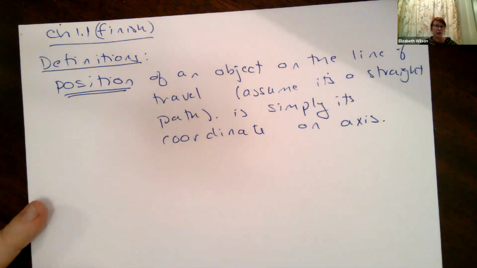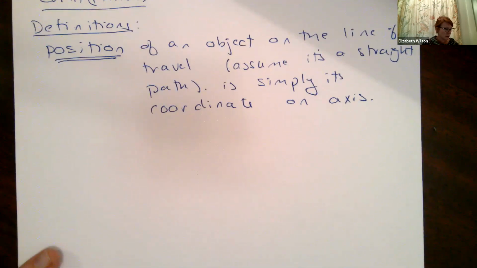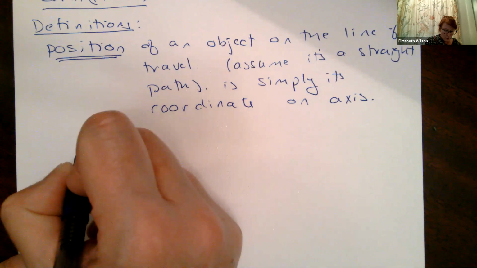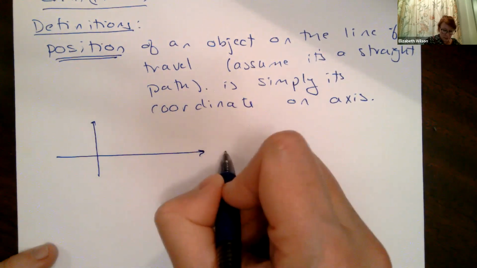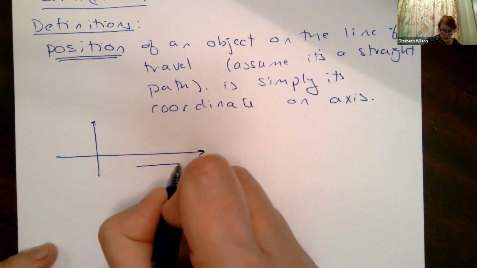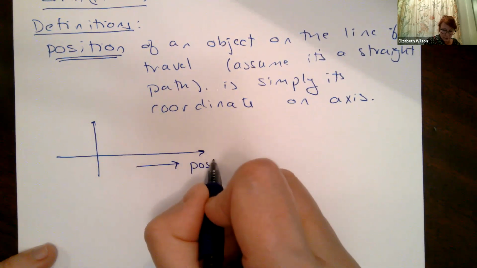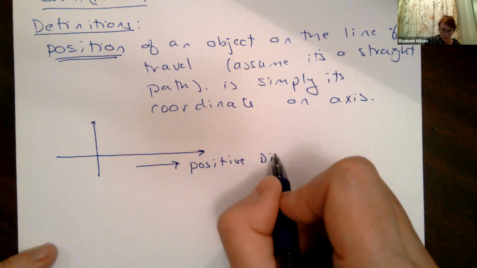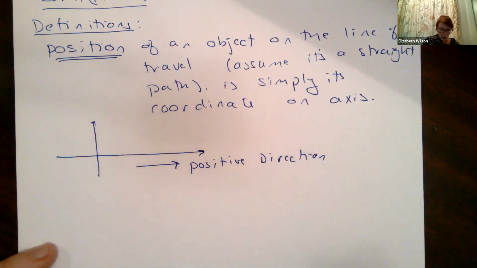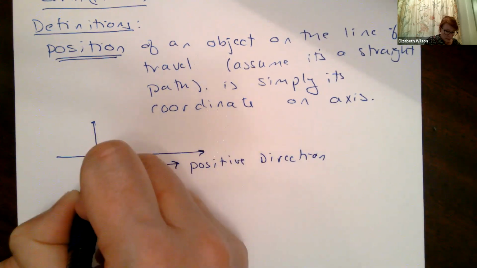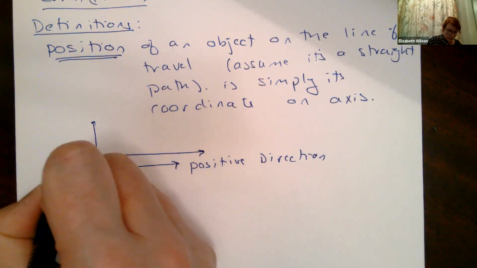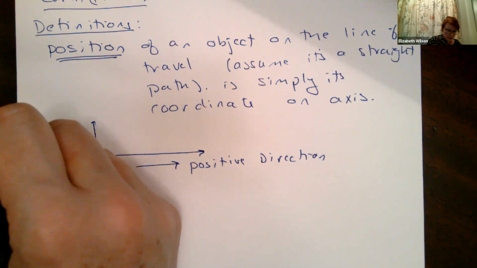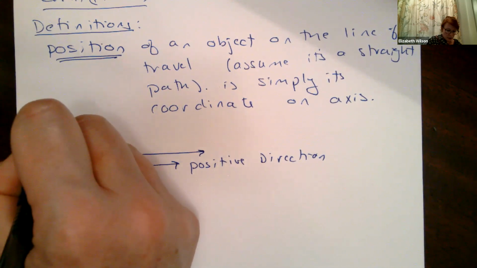And we're the ones who can define what that axis is if we're observing something. With a position, I've got my axis, my direction. I'm going to define this as a positive direction. My positions are positive, right? And this I'm going to define, arbitrarily speaking, as my origin. And then I'm going to define this as a negative direction of travel,